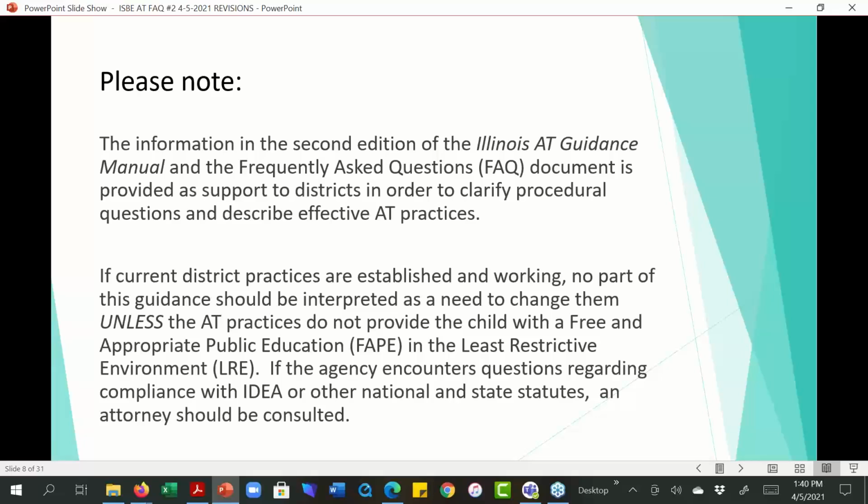The information in both the guidance manual and the frequently asked questions document is provided as support to districts in order to clarify procedural questions and describe effective practices.